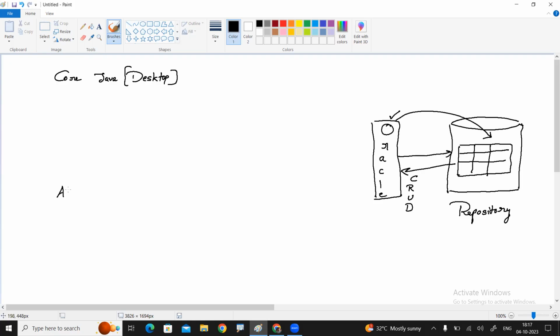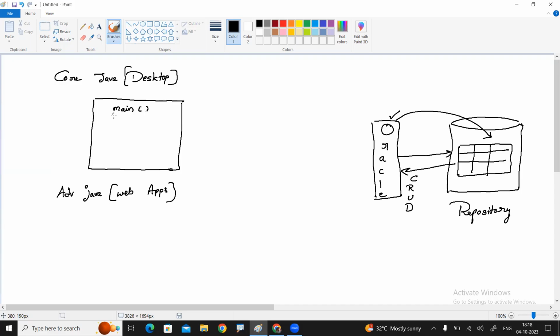Using advanced Java concepts or frameworks, you can develop web applications. What is the difference? A core Java application means the basic programs where everything you write is inside the main method only. This is a core Java application.